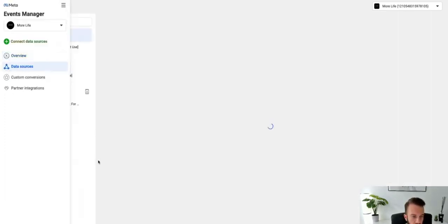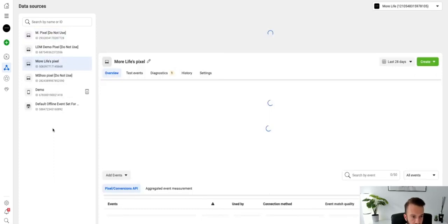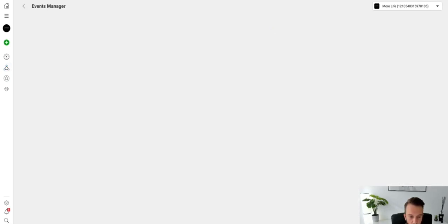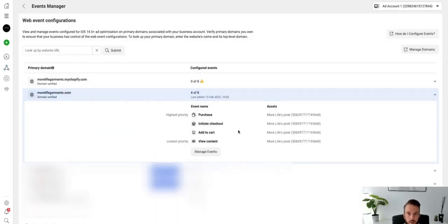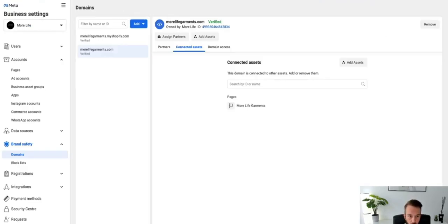But basically, if you go to data sources, you'll have all of your pixels here. So I'll just select the correct pixel in this case. Then we go to aggregated event measurement, configure web events, select the domain, and this is where we prioritize the events that we want to prioritize. So for e-commerce, obviously that is going to be purchase. If you're in the info product or lead generation space, this will probably be lead or complete registration or anything like that. So once you've set all of that up, you basically have access to your client's business manager, access to your client's ad account, and your client's business manager and ad account are compliant with iOS 14 rules and regulations, and you are basically good